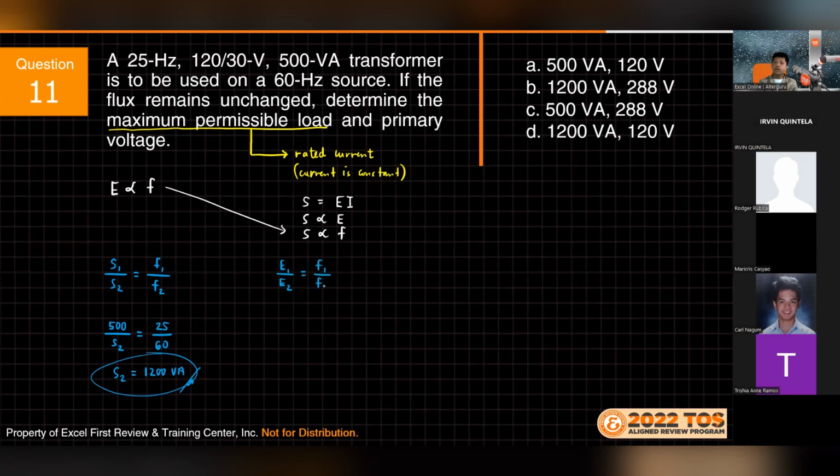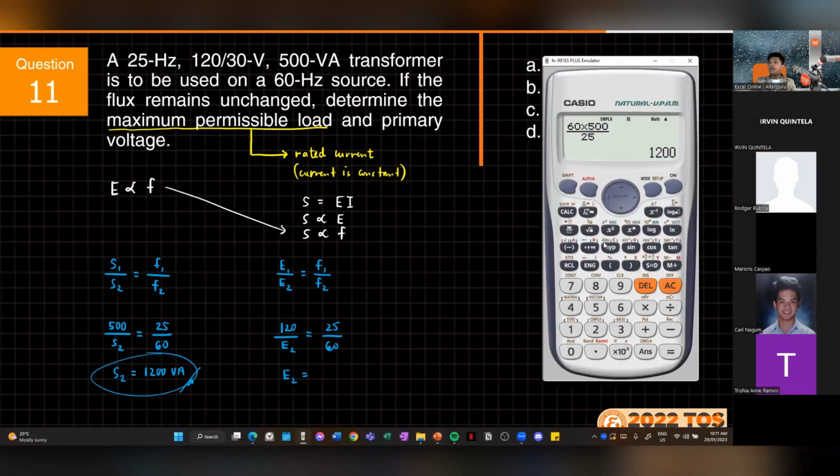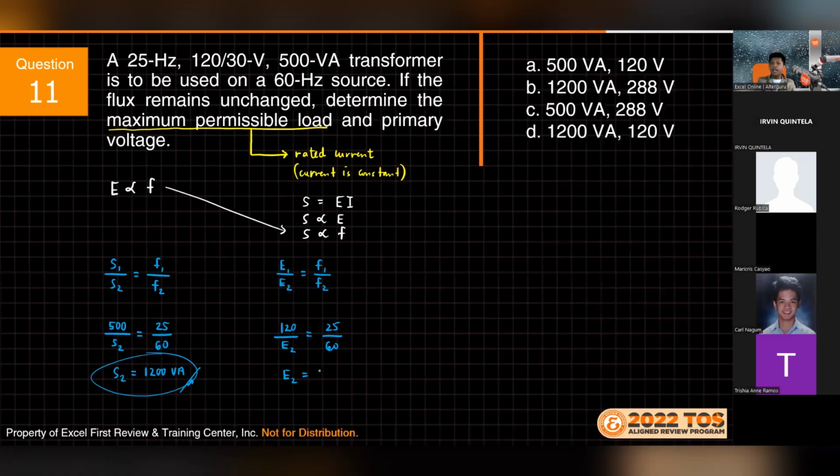is equal to F1 over F2. Ang E1 natin ay 120 for the primary. Tapos, E2 yung bago. Okay? Alam mo na yun kasi magbabago siya. 288 dapat lalabas, no? Is equal to 25 over 60. Which is, this one becomes 60 times 120 over 25. Yan, which is 288